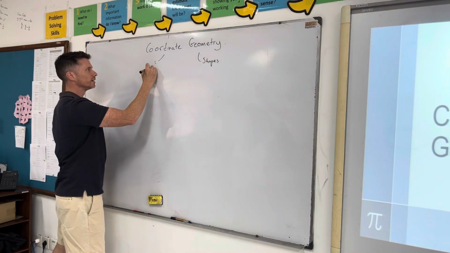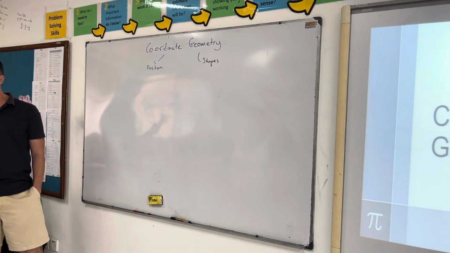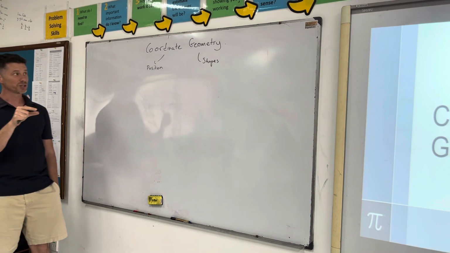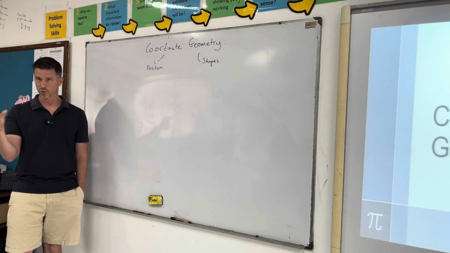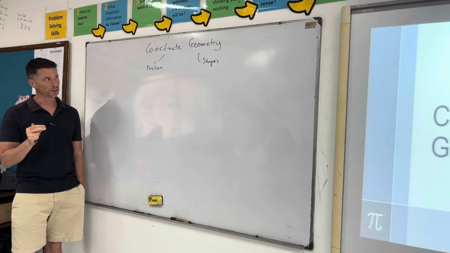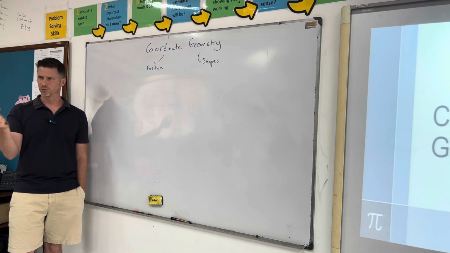Position, yeah. I'll use position. Okay. And once we put a position on some shapes, we're actually linking algebra to geometry. So coordinate geometry is the link of algebra and geometry together in one. And you can see that when you start off with x's and y's straight away, and algebra is all about